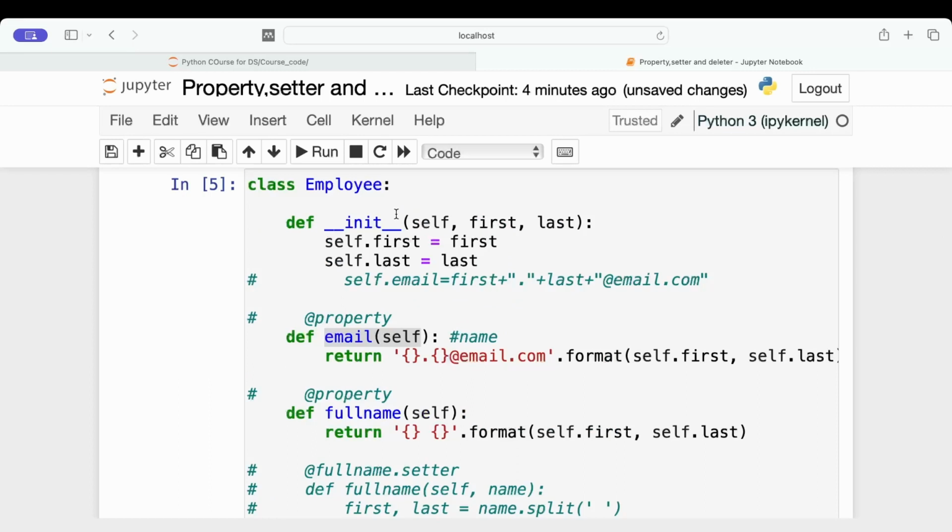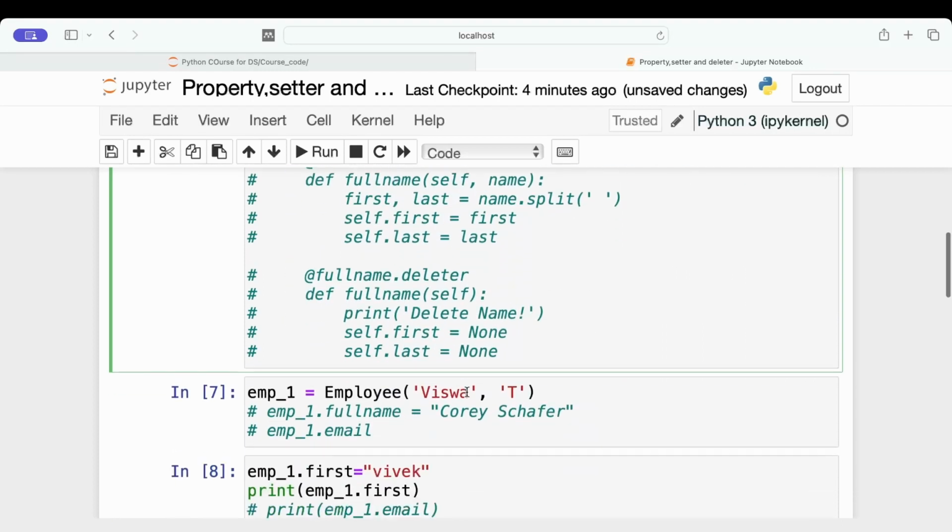And there's a third method, which is property. You can use the property which will help us achieve our desired output, and there is no need to make any changes in the code, and whoever is using this class doesn't need to make any changes either. When you use the property decorator with a method, you can access this method as an attribute. What I mean to say by that is,